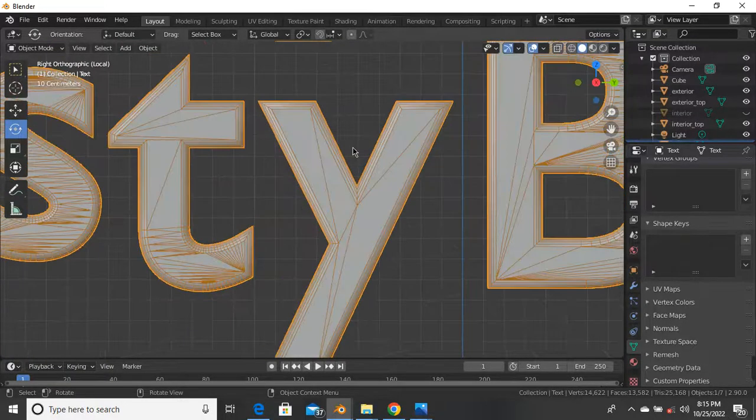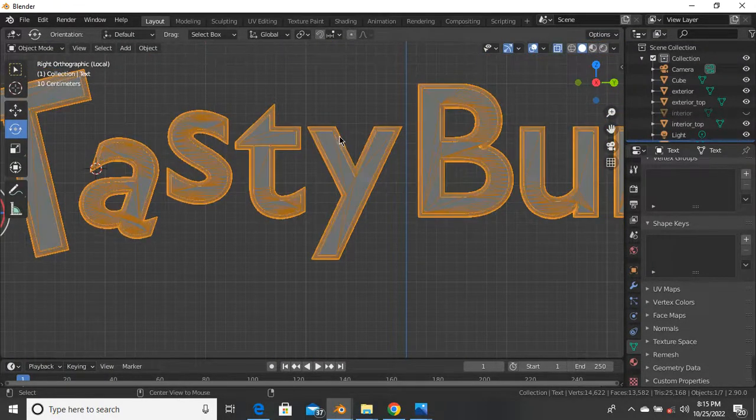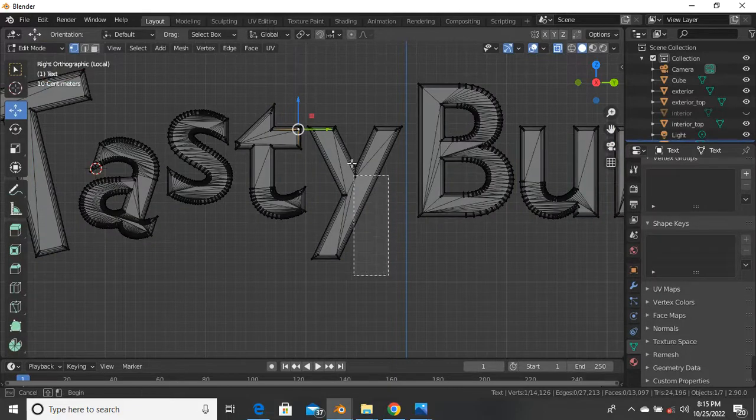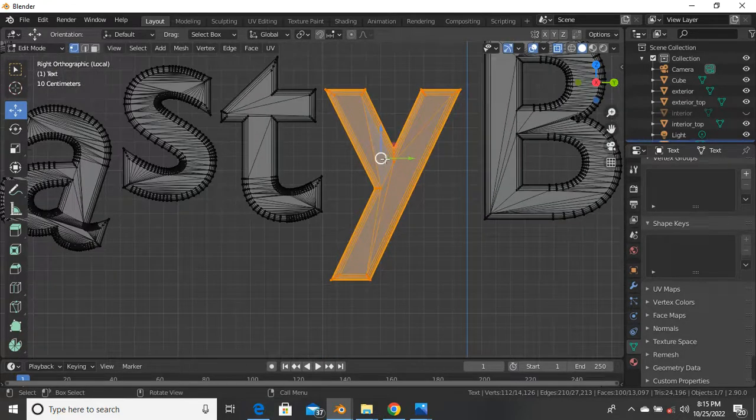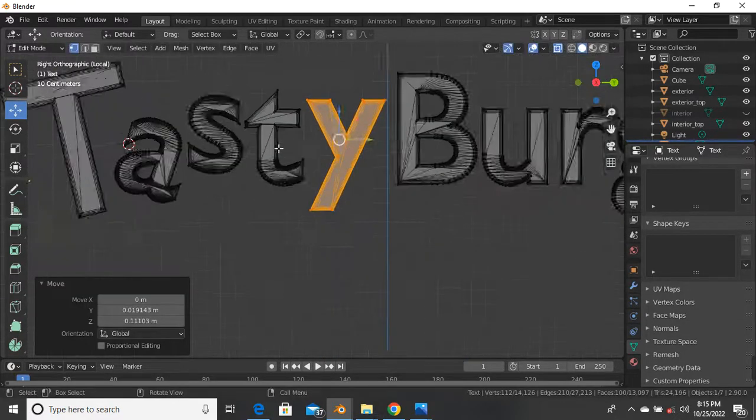Okay, let me go back. Hold C, and so I can now select this one individually. I think I've rectified that, so I can push this upwards